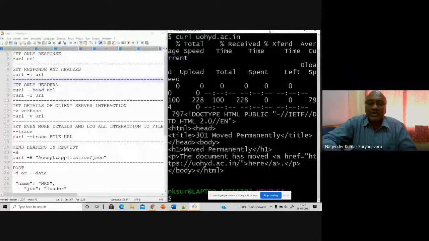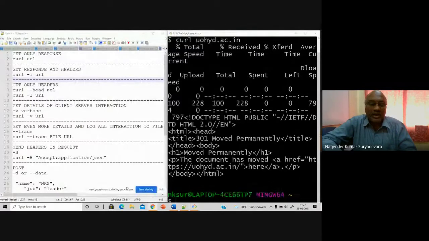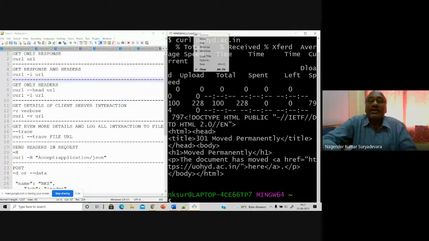Okay, now let me show you one more command here. Let me adjust this. Yes, the font is very big, and you are going to see the text, so it is very difficult.